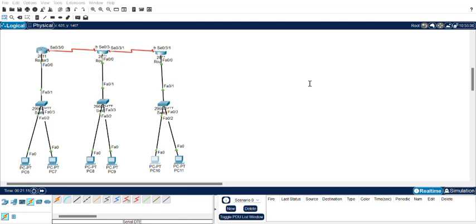Device 3 and device 2 is IP address 13.13.13.3, 255.255.255.0, and then the gateway is 13.13.13.1. All right,